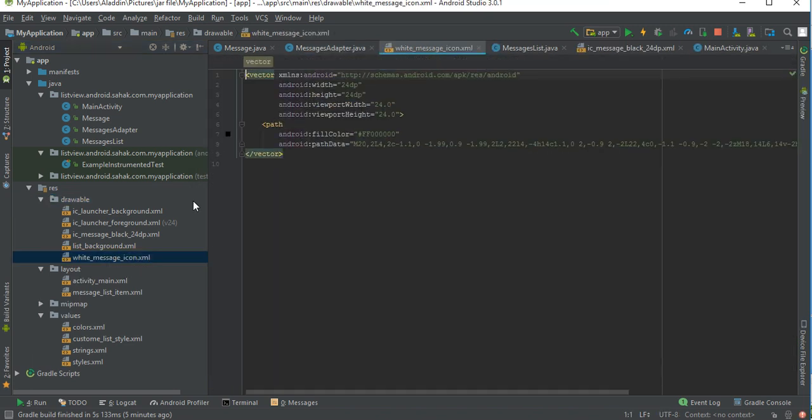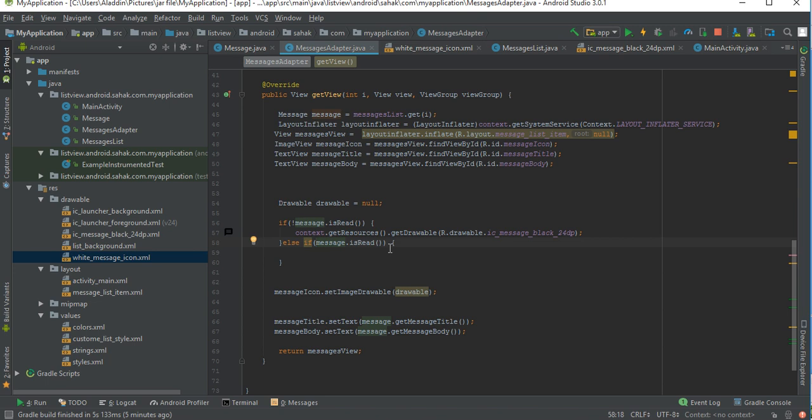Double click on it and change it to white color. Now let's go back to our message adapter and make it